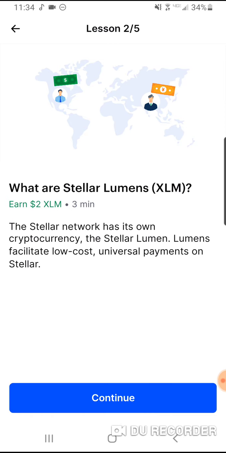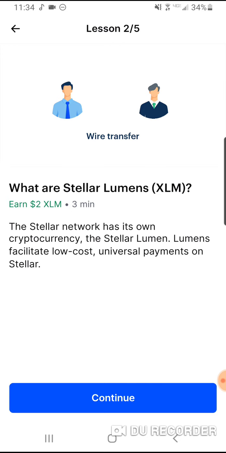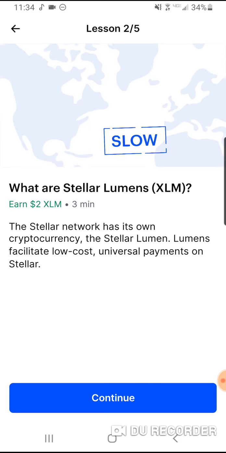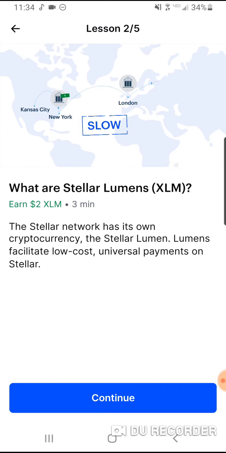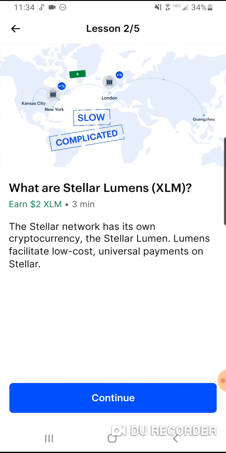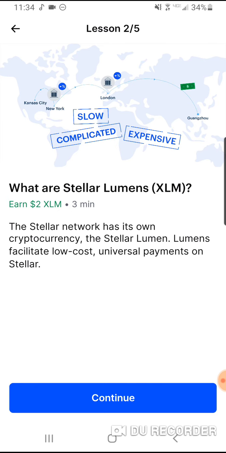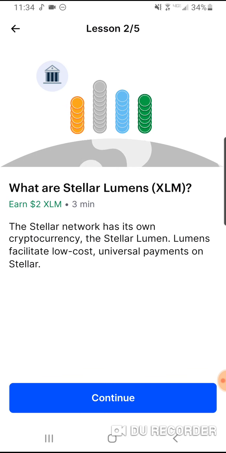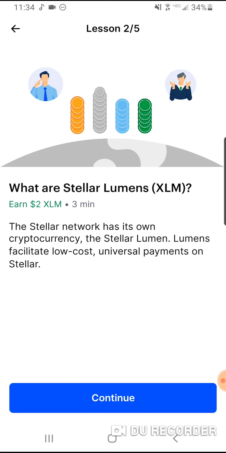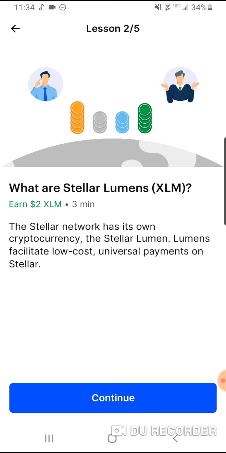What can they do? They could send money the traditional way via international wire transfer, but that's slow. International wires take several days to clear. Complicated. In many cases, funds move through multiple intermediary banks before reaching their destination. And expensive. Each intermediary takes a percentage of the transaction in fees. As money moves around the world, the fees pile up, and the business in Kansas City loses more and more of its hard-earned cash to unnecessary middlemen, as does the supplier in China.